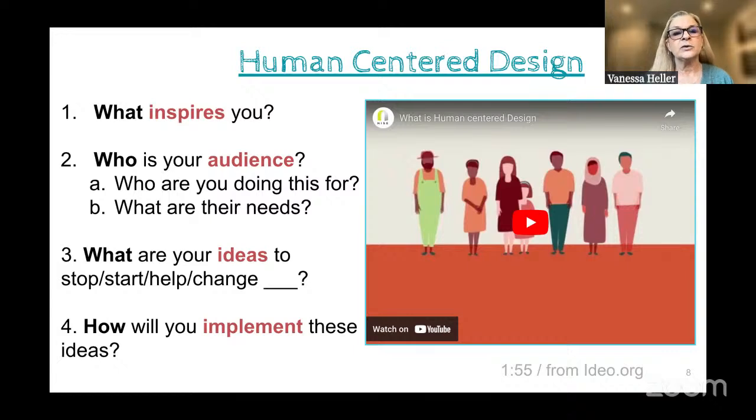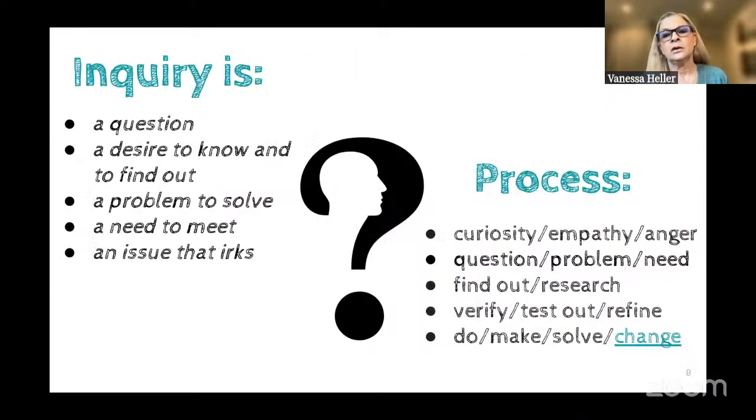And then what are your ideas to stop a problem, to start a community organization to help things get better or to change a particular system, a law, something like that. And then how will they be implemented? That's a lesson right there. You've got research, you've got reading, writing, listening, speaking. That is a lesson plan, but the focus is on humanity. This lesson design is inquiry based, whether you call it